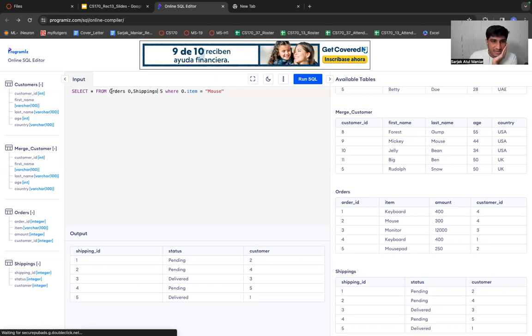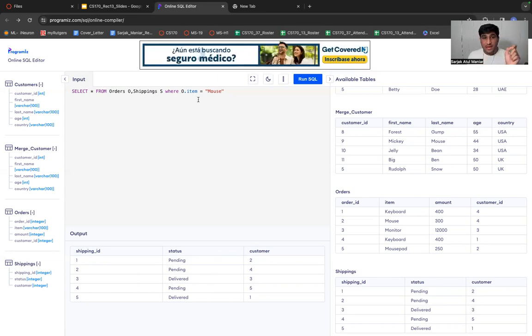So if I write orders O, shippings S, where now I want to check a condition. I only want all the records from these two tables for which the item, which is a column present inside the orders table, has the value mouse. That's it.